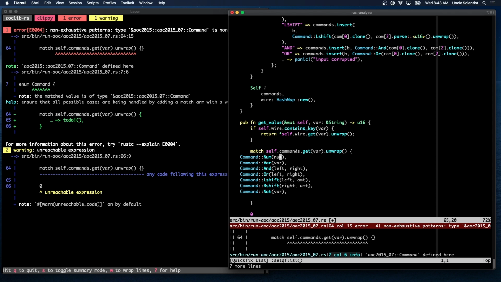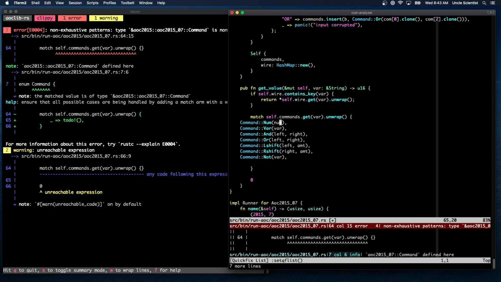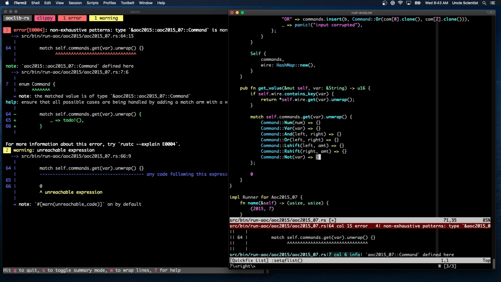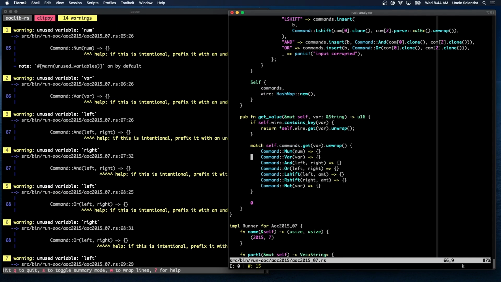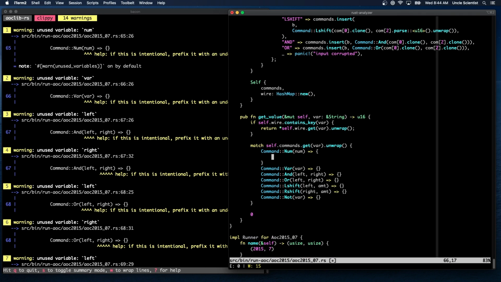Okay, so now each one of these doesn't like this for some reason. Oh, because maybe I'm missing the arrow. There we go. Okay. I shouldn't need that semicolon there, right? Okay, so if it's a number, then all we're going to do is set the wire to that number, right? Because if we said 1, 2, 3 arrow wire name,